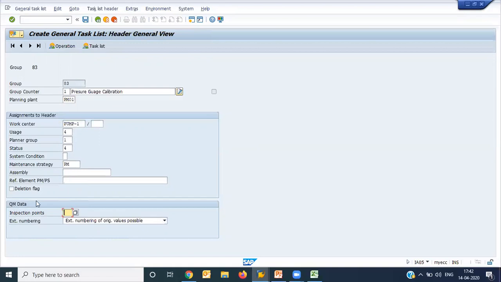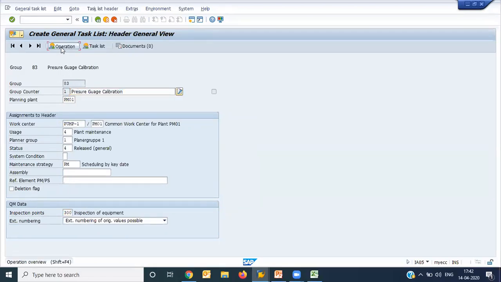In QM data, whenever you want to perform any calibration, the first integration point is an inspection point. Inspection point is one variable. That variable can consider the information about the equipment. Okay, so I'm putting a... now I'm going to the